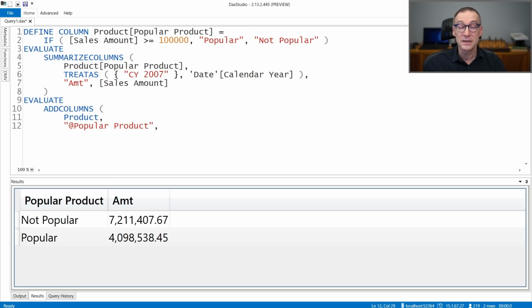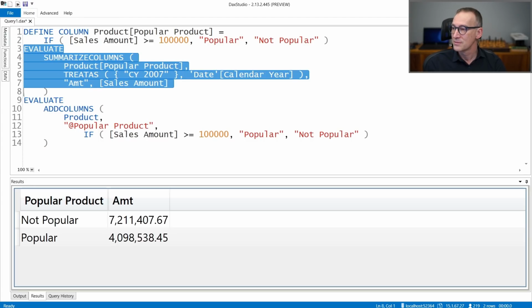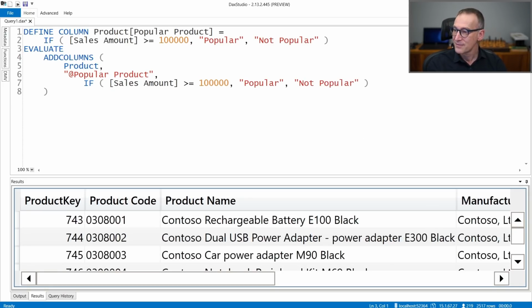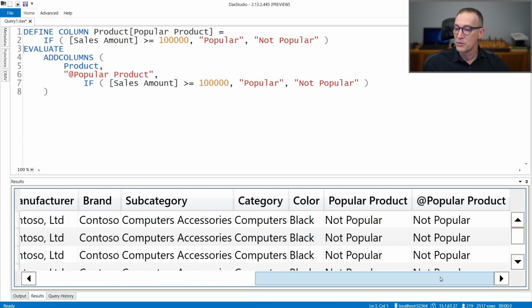This is a column created inside add columns, and I use the same code. So this generates a table that contains a popular product. We can look at the result, let's remove that. That contains all the products plus the new column popular product.